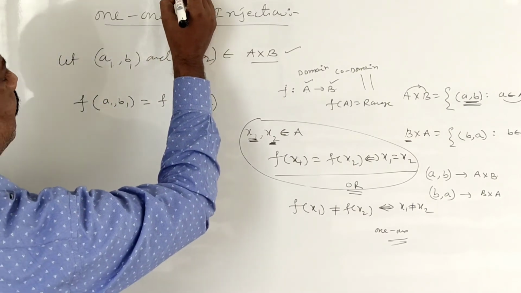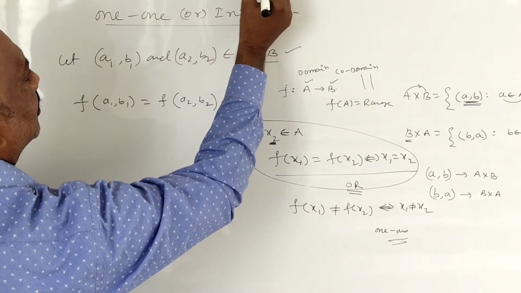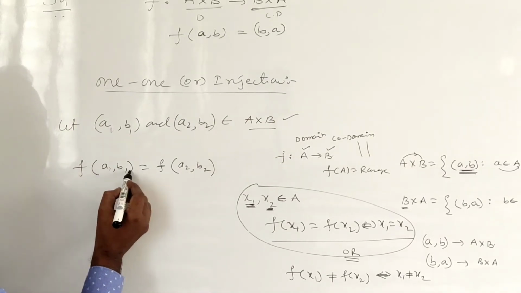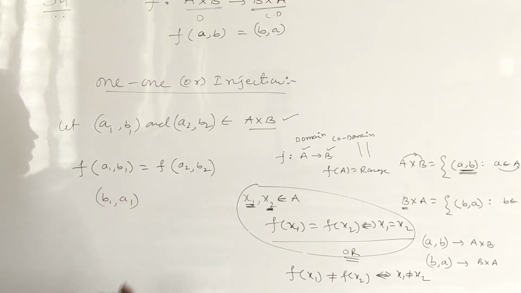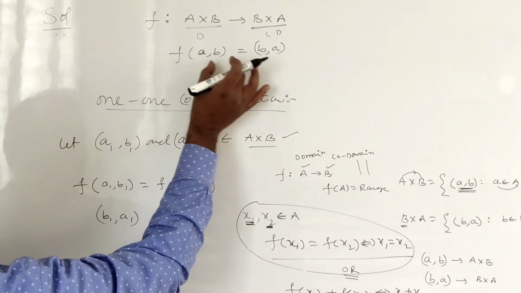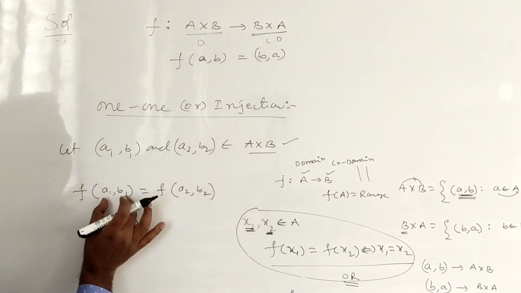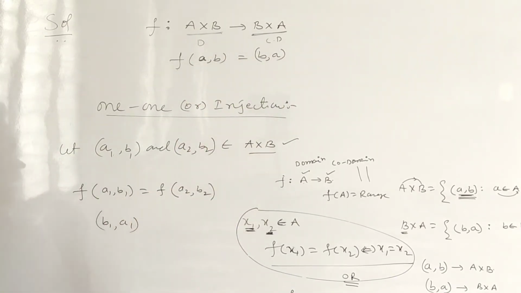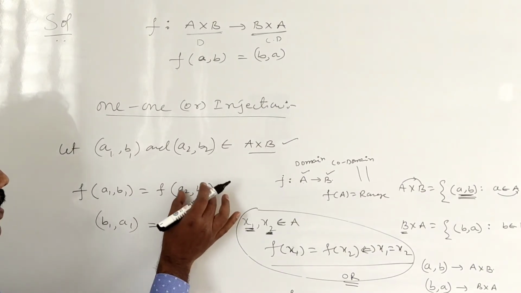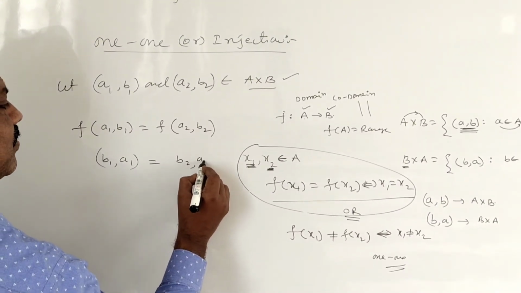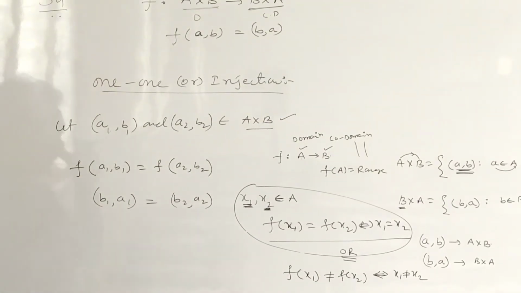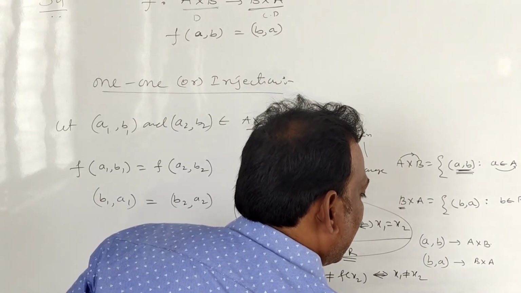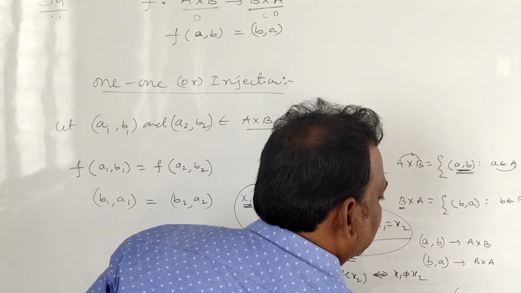So here, given f of AB, your answer is BA. F of A1, B1, your answer is B1, A1. Correct or not, students? Here AB is there, you will get BA, you will reverse. Here A1, B1 is there, you will get reversed B1, A1. Here A2, B2 is there, you will get reversed B2, A2. Why do you get like this? Because it is given that f of AB is the value BA. Correct, students? Right. So generally I told you ordered pair AB and ordered pair BA are not equal.